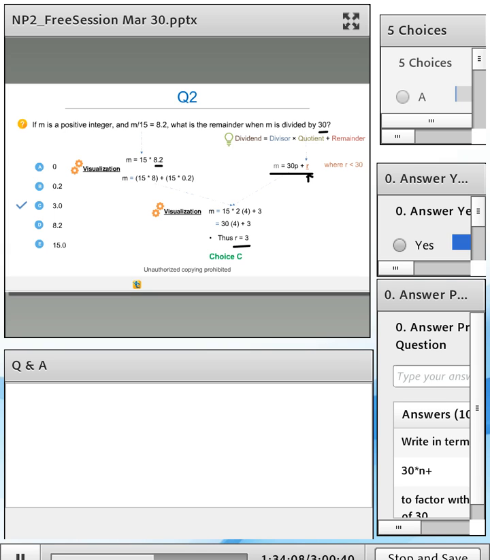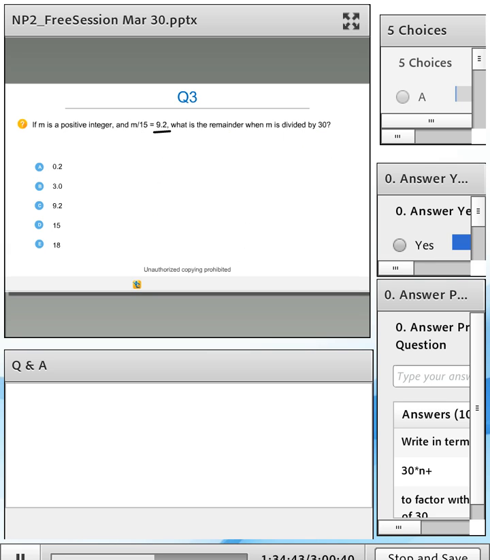All I'm doing over here, and this is something you will get with practice, is 15 times 8 plus 15 times 0.2. You have to group these terms such that you get 30 times something plus a standalone term. So go through that yourself, you have the solution. Such things will take time to build. After we go through this section, if you are not able to get how to do it, I'm going to give you a tip that you can apply to build this skill. This is the visualization process skill.